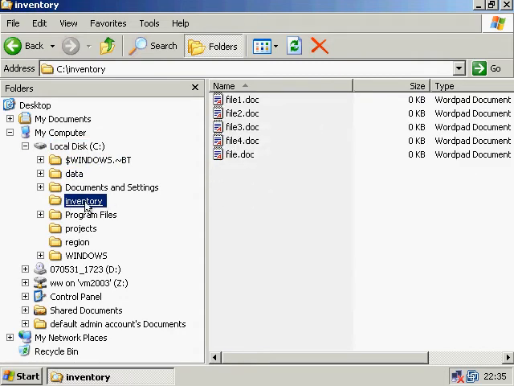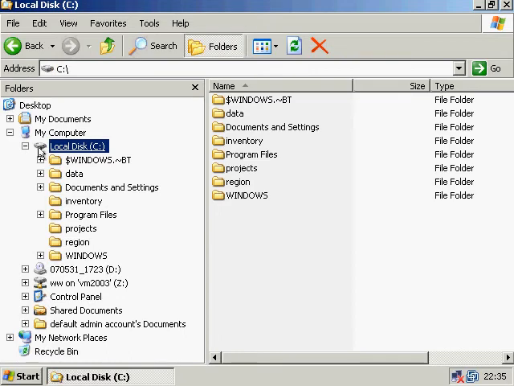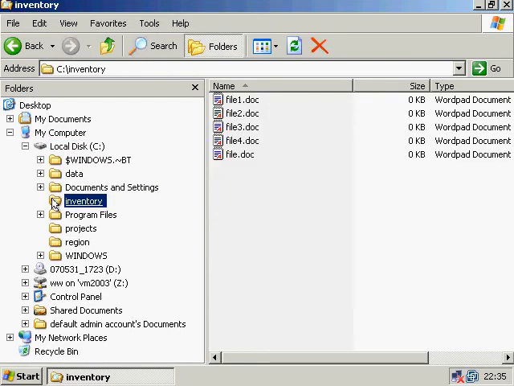In the inventory folder we have named file 1, 2, 3, 4. You see, if you forget the name of a file but you knew when you made it, you would be able to search by date. However, it is important to remember to search in a location that is as close as possible to where you saved the file. For example, if I wanted to search for the contents of something in inventory but I forgot